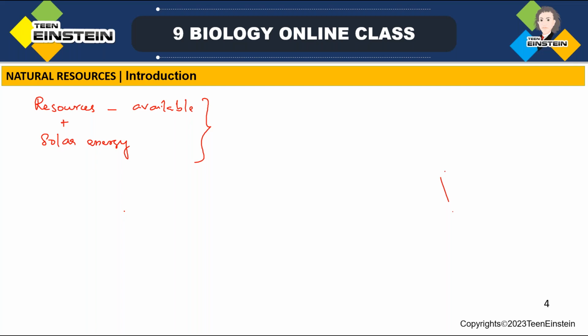These are very necessary to meet the basic requirements of all life forms on earth, the basic requirements for the existence of life, right? So many resources are available on earth, like natural resources and solar energy. These both are the basic requirements, and these two things help the existence of life on earth. Okay,